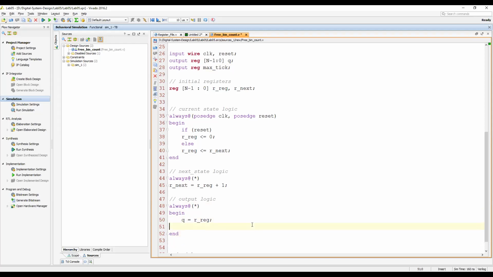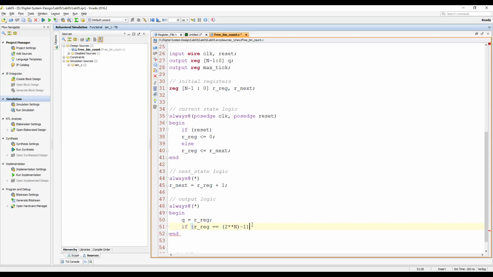So we'll say if the condition is R_reg is equal to, n is equal to 8, so 2 raised to power n minus 1.